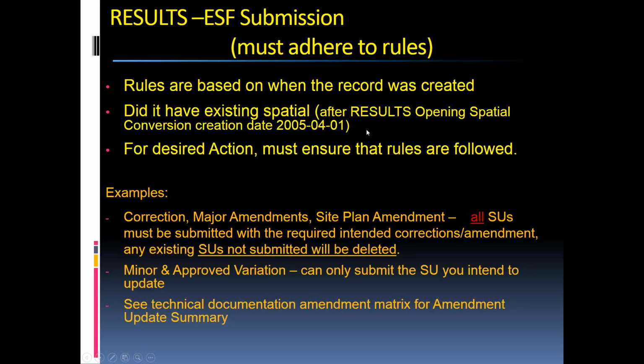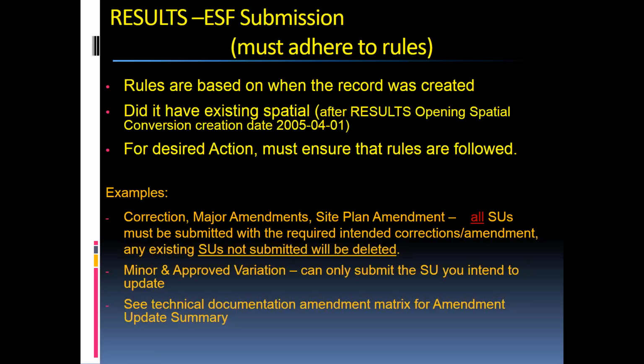Something else that people should know is that when you have some of these older records, at one point in time Results went through and did an opening conversion that happened to help populate the maps, even though the maps were not the detailed maps that the licensee provided for the opening. It doesn't have the standards unit boundaries and so on. It was maps that were generated from a conversion process that took forest cover spatial information, and if the map sheet opening number matched, there was an attempt to